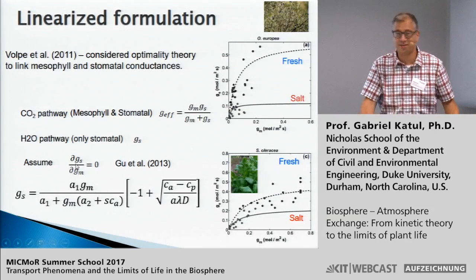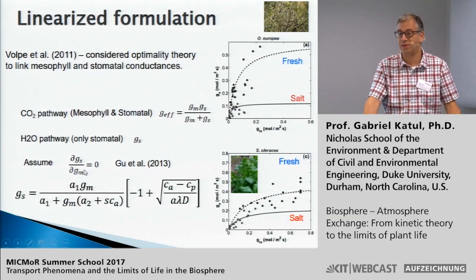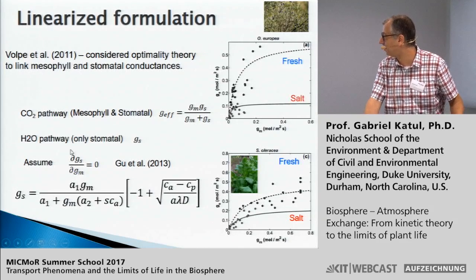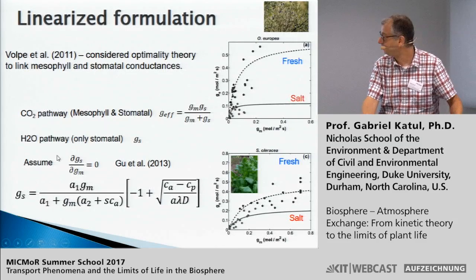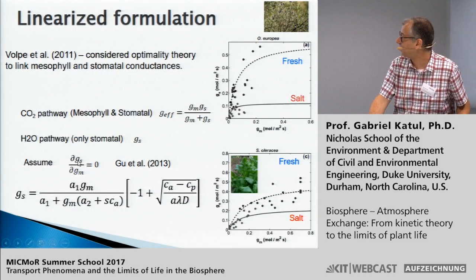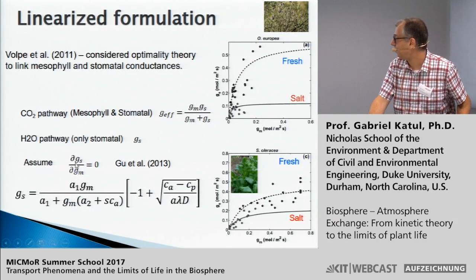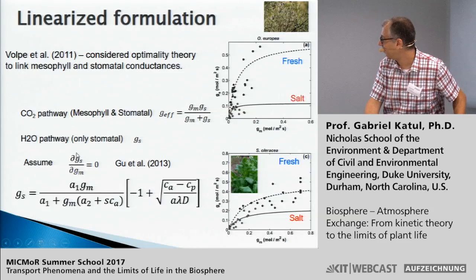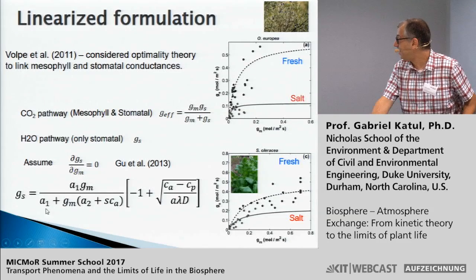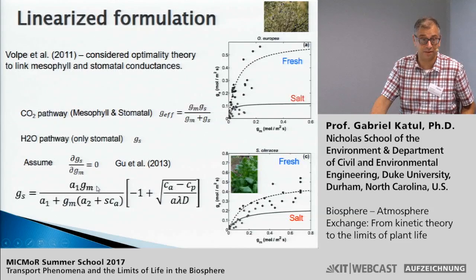But that doesn't mean that we should not explore the consequence of this assumption on the relation between mesophyll conductance and stomatal conductance, even though we know that this may be approximate and not entirely correct. So if you assume that the stomatal conductance does not vary with the mesophyll conductance, they may be somewhat connected, but apparently Liang Honggu agreed that this may be a reasonable assumption, then you could solve for the stomatal conductance now as a function of the mesophyll conductance. Okay, so you could find an expression between the two.